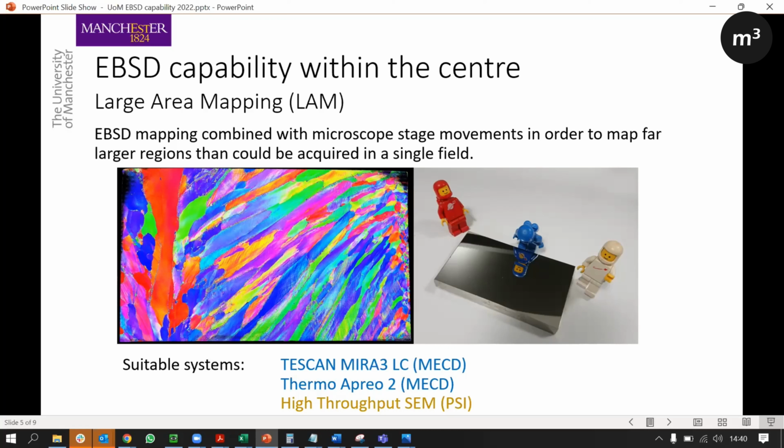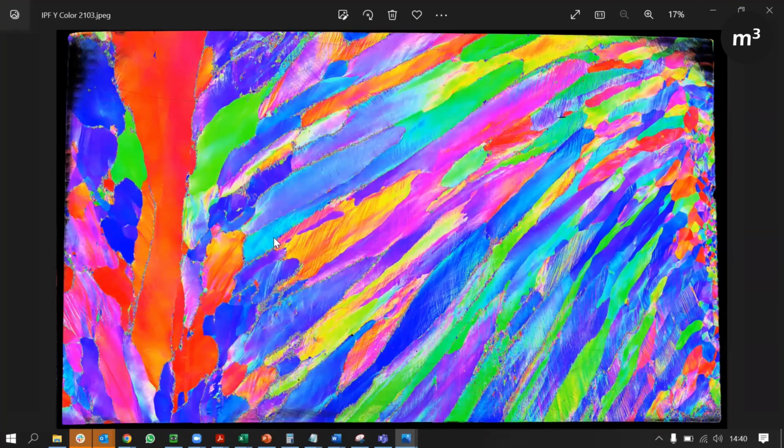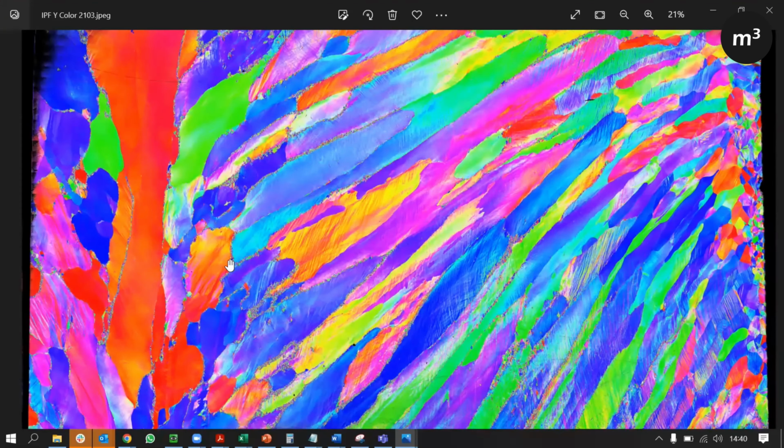So in this sample, I have my Lego men for scale. This sample is around about 10 centimeters wide and about 6 or 7 centimeters high. This doesn't quite do it justice, so I have loaded up the image here so you can really see the